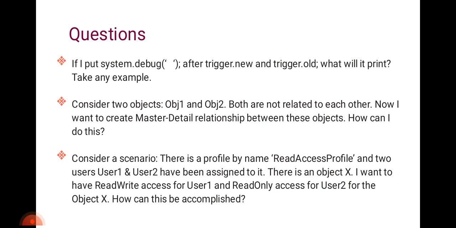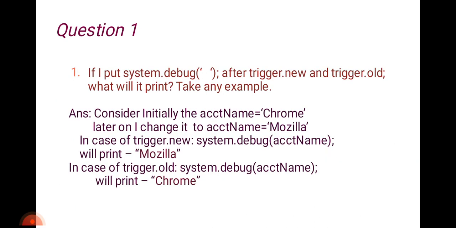Third question was, consider a scenario. There is a profile by name read access profile and two users, user 1 and user 2, have been assigned to it. There is an object X. I want to have read write access for user 1 and read only access for user 2 for the object X. How can this be accomplished? Now the answers to these questions would be,